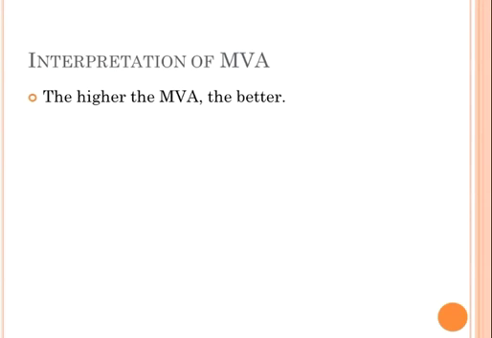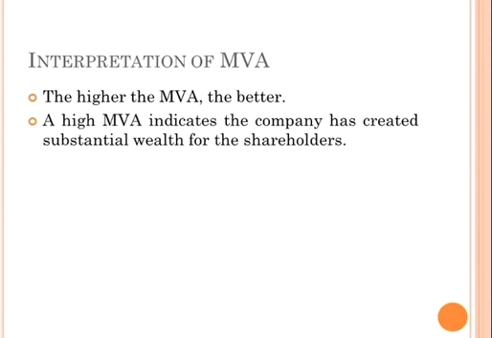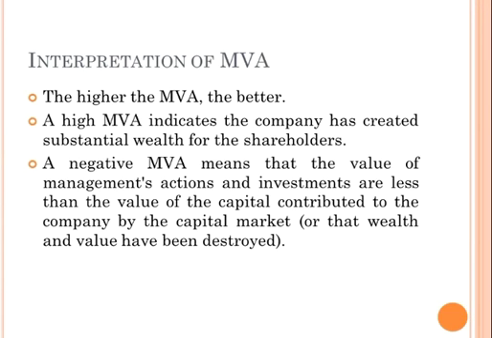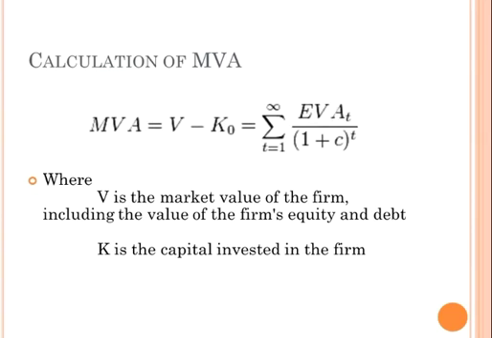So if we talk about it, MVA is slightly better. Why? Because it is based upon EVA information, and a high MVA indicates yes, the company has created substantial wealth. If we have negative MVA, it means that capital is higher than the wealth created. So we have a negative MVA. So it's very simple. As said earlier, MVA is equal to value minus cost,